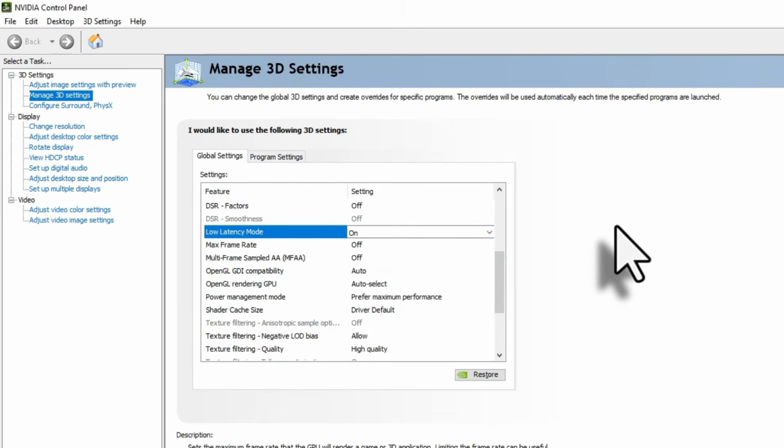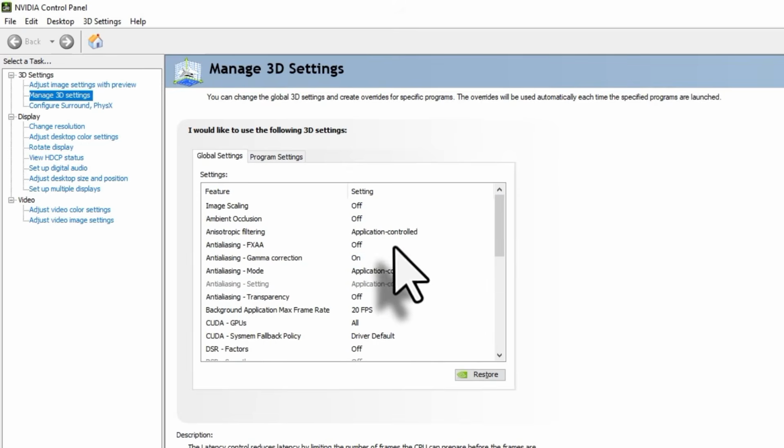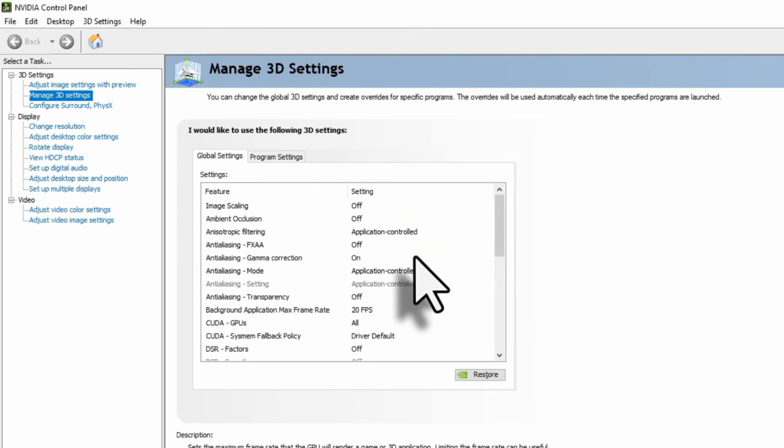Low latency mode shrinks that queue so your inputs reach the screen faster. We're talking 10 to 20 milliseconds less input lag. In a shooter, that is absolutely felt. Your aim feels tighter, more responsive. Set it to on, not ultra. Ultra can hurt FPS when your CPU is already working hard, which on a GTX 1650 setup is a real